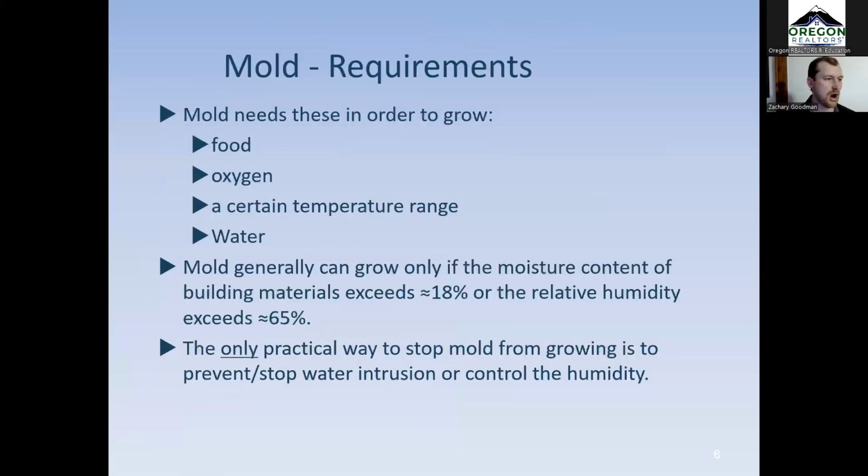As far as mold requirements in order to grow, it needs basically four different things. It needs food, it needs oxygen, it needs a certain temperature range, and it needs water. Now, food is something that is essentially readily accessible in most air. Oxygen, too, is something that's generally readily accessible in air. That's what we breathe. Temperature range, this is why in a lot of cases we see more mold up in places like attics than, say, crawl spaces where the temperature is lower. It's not to say that mold cannot grow in crawl spaces. We certainly see it there, but it needs a certain temperature range in order to be most likely to grow.